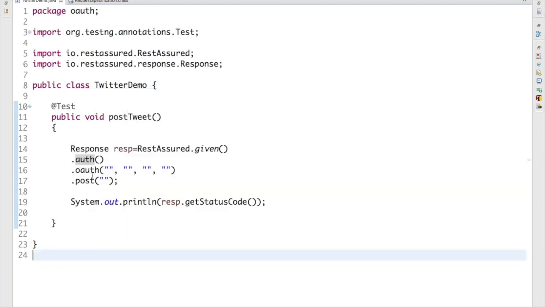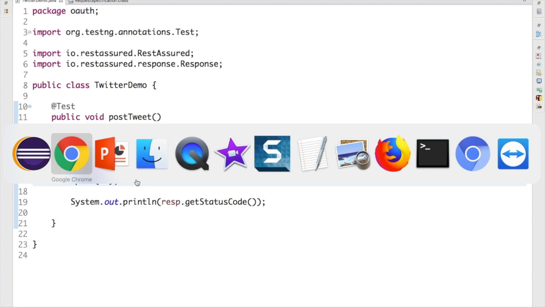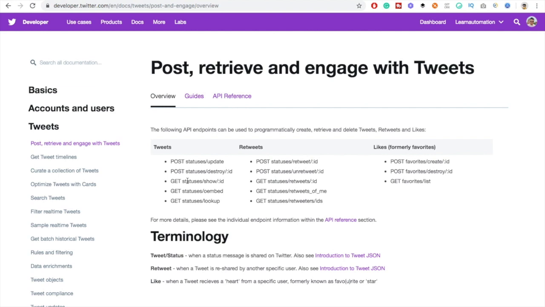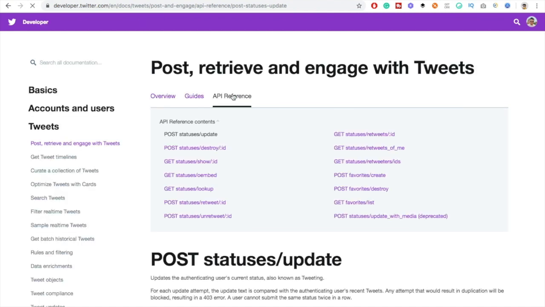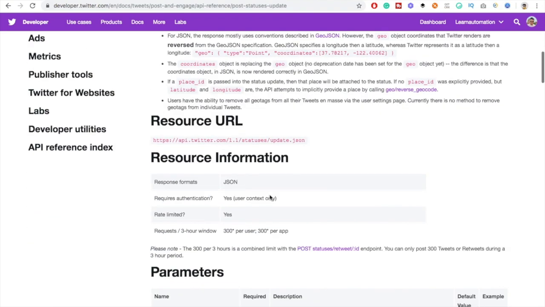So I'm directly going to use it, and I'm going to make a post call. Why a post call? Because if I go to the Twitter APIs, these are the APIs which they already provided. So I'm going to use one API called tweet post, where I will just put something on my Twitter wall. So if you click on API references, and don't worry, I will keep this link in the description, so you can also explore all the APIs which they have. You can see they have so many things: search tweets, filter, real-time tweets, and many more. What we are going to use now,